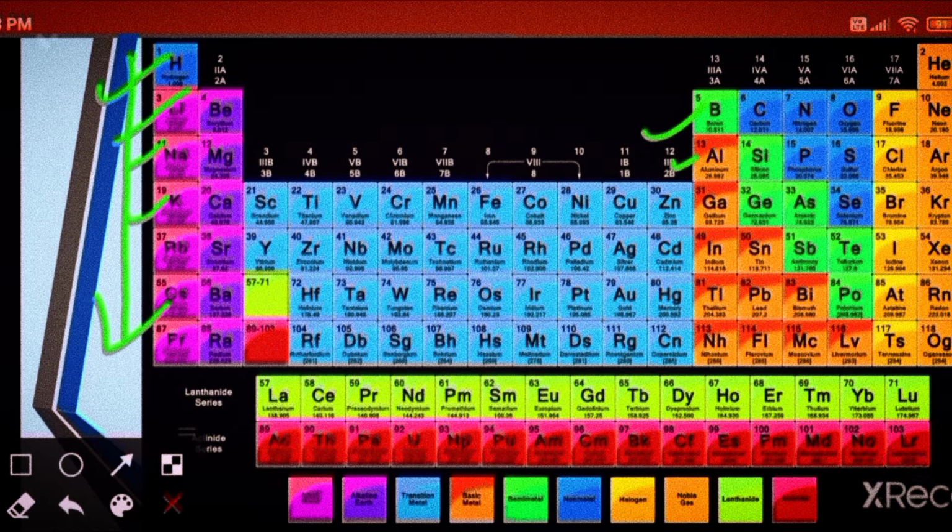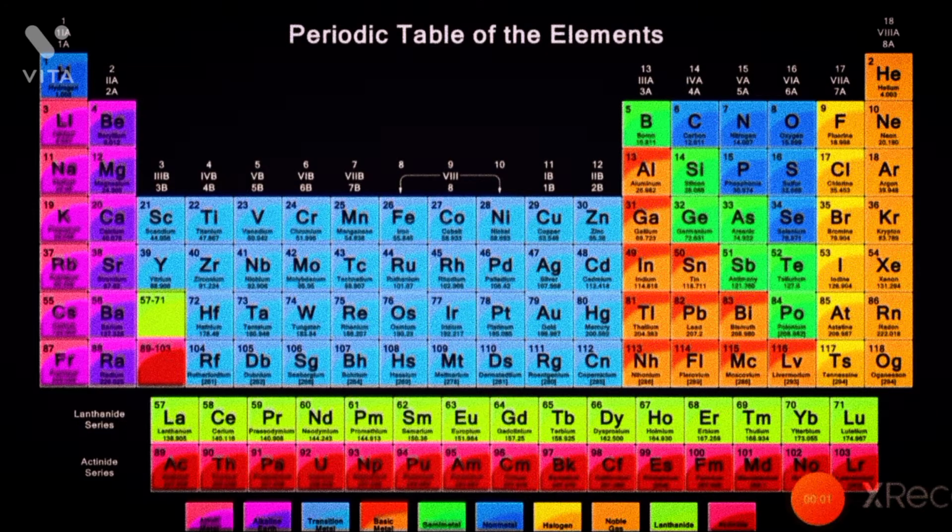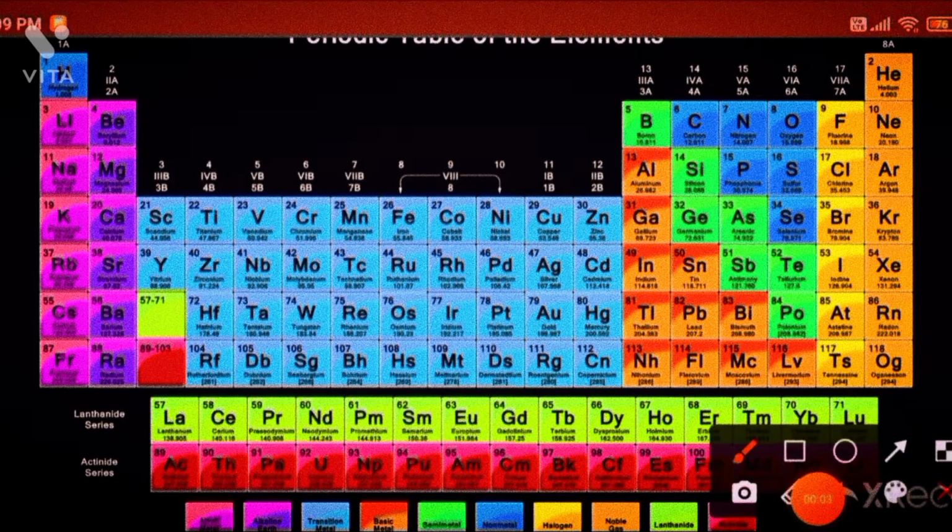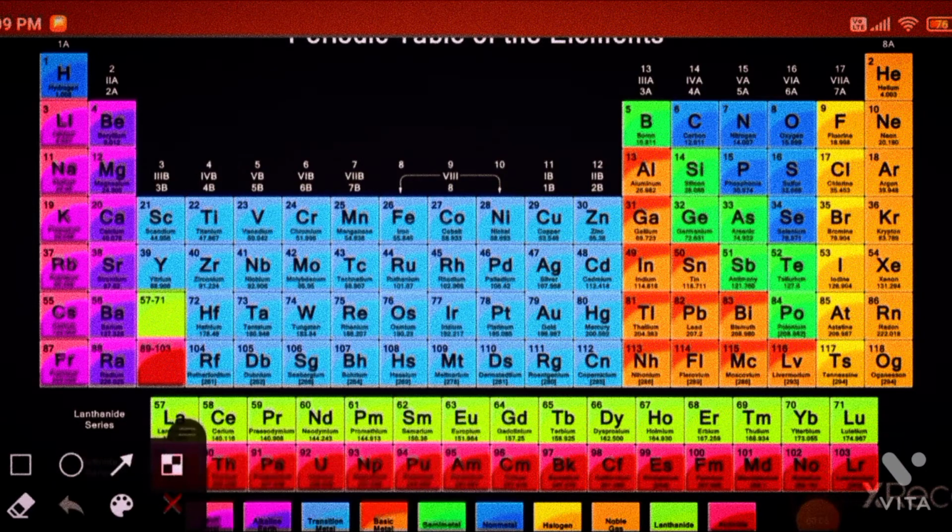So when we move down the group, hydrogen to lithium, lithium to sodium, sodium to potassium, how does electropositivity change? Then when we move from helium to neon, argon, krypton, how does electropositivity change? What are the changes in the electropositivity? When we move left to right, what change takes place in the electronegativity of an element? All this we are going to discuss in this chapter. Before starting the topic of electropositivity, we will see the periodic table.